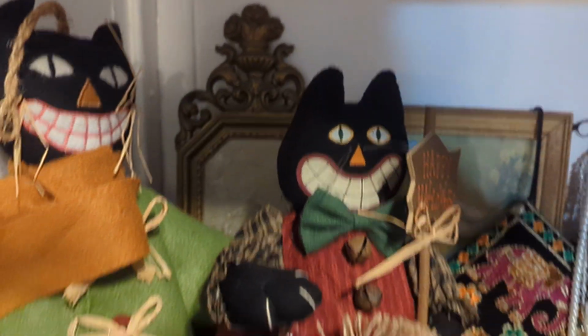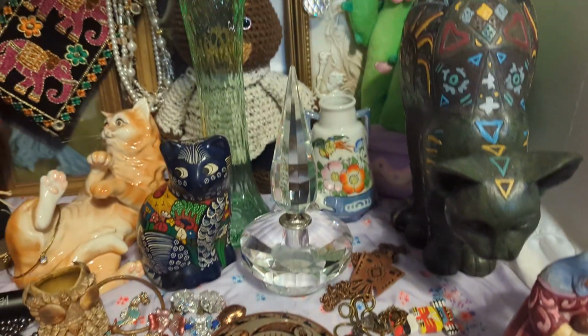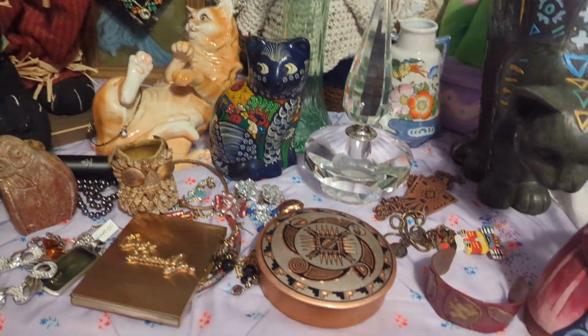Hopefully, I will still have power in a few hours in time for the sale, but they're predicting bad weather all day. If you're in the line of these storms, like Roxana and Randy, you guys better stay